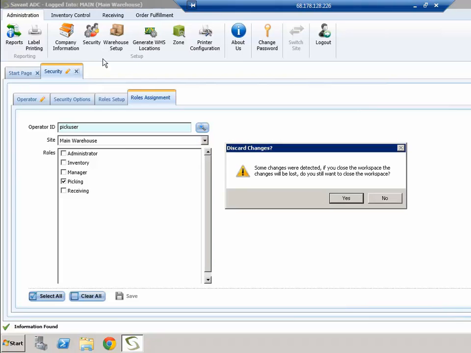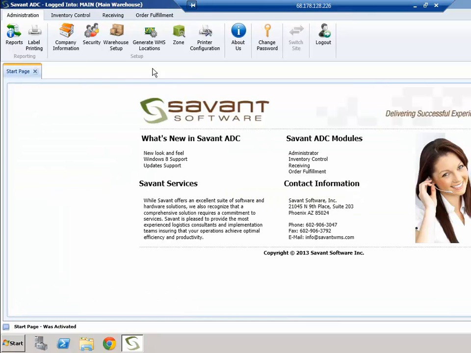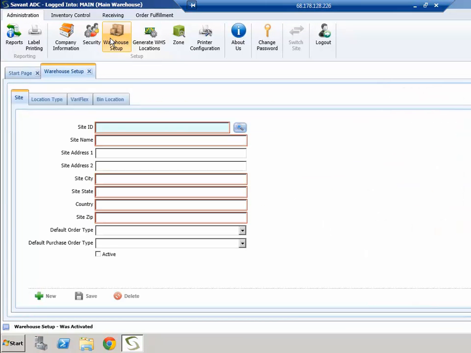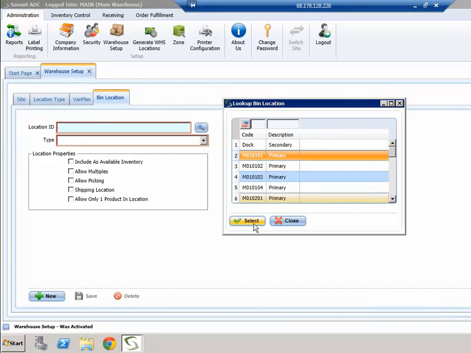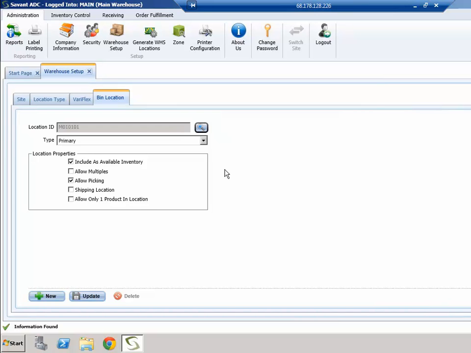The next thing that has to happen is we need to have bin locations set up. Everything within the system is going to be organized, and in that warehouse we're going to have various bin locations. We're going to optimize things for putting product away and for picking product by walking through the warehouse in an organized manner. So in that situation, we need to come in and generate bin locations for that purpose. I'll show you an example here. We have a primary pick location,